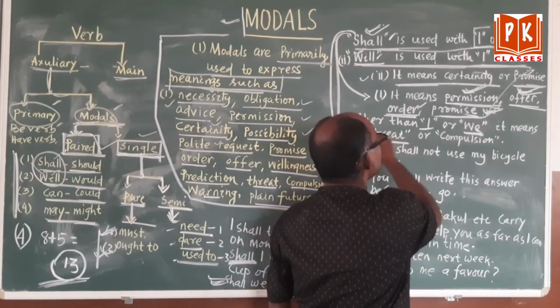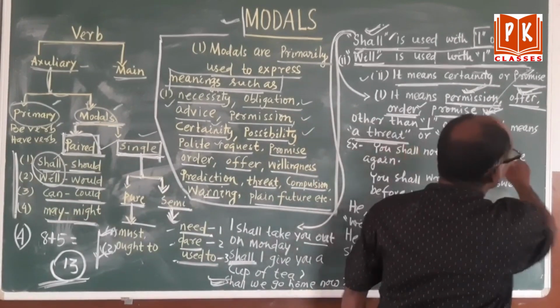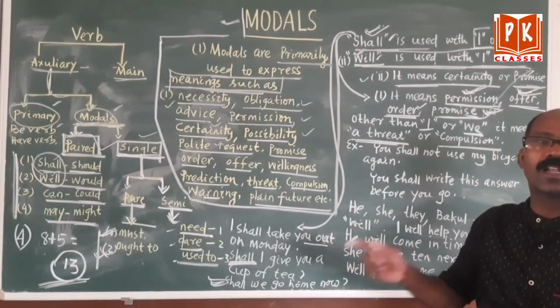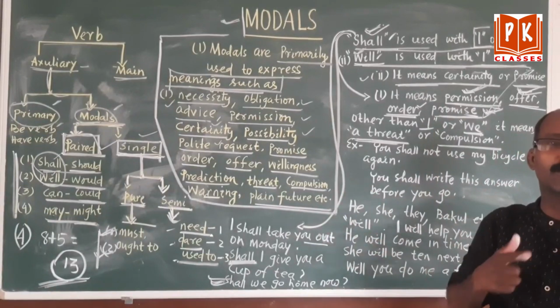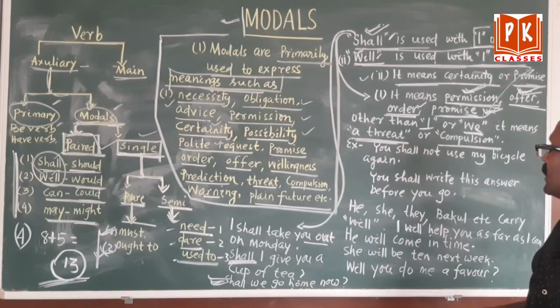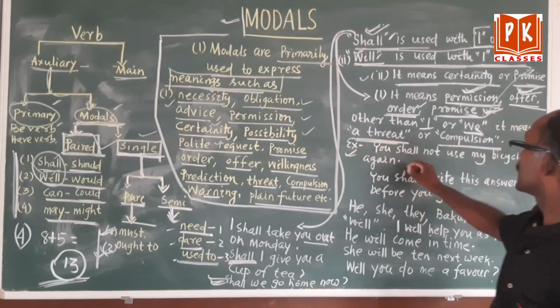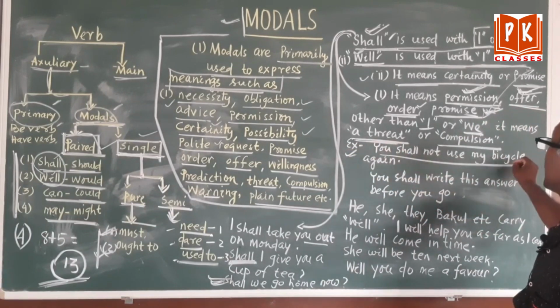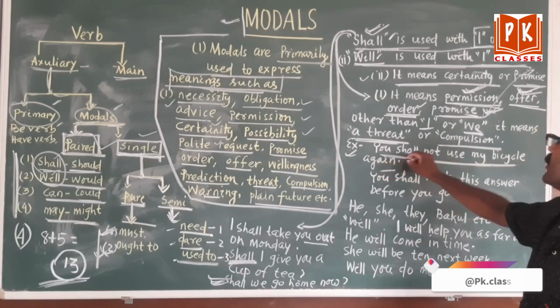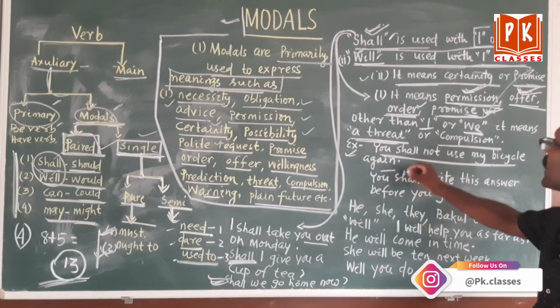Its meaning will be a threat or compulsion. It is compulsory. You are threatening. I, we, leave the I, we, and other, you, he, she, Bakul, Makul, like that. Isn't it? Okay, take the example. You shall not use my